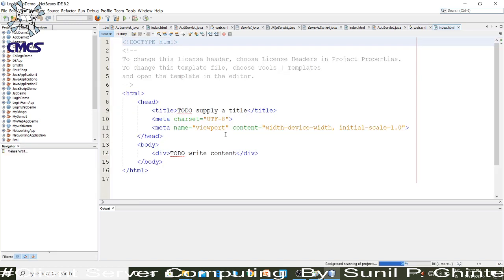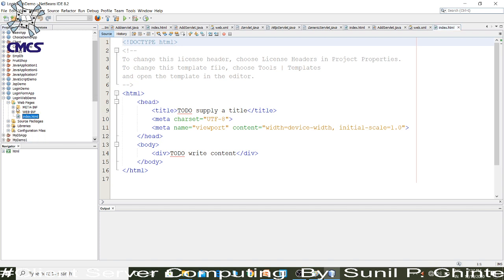So you are now ready to create the applications. Here you will find different folders just like web pages. Under that web pages you will find the web.inf folder. Another you will find the source package. Under this source package you have to create the servlets.